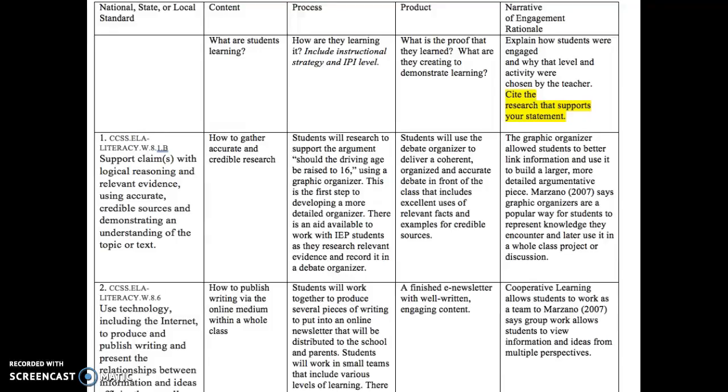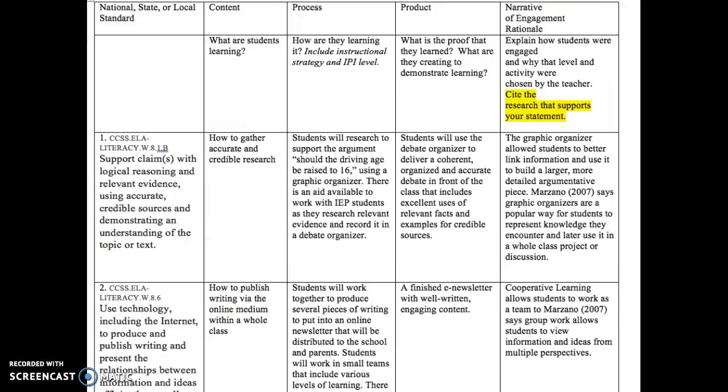They'll use a graphic organizer to process the information that they do find. The organizer will have two columns. One column will be where they list their arguments, while the second column will list the evidence that they're using to support the argument. This is an excellent way just to really organize the research that they find. It also helps them be able to